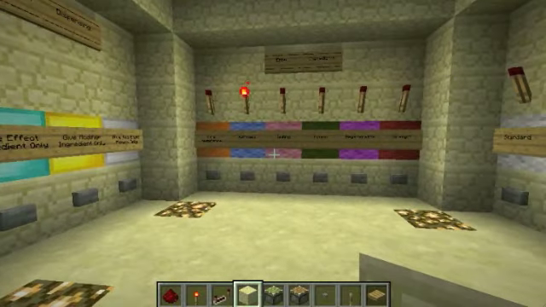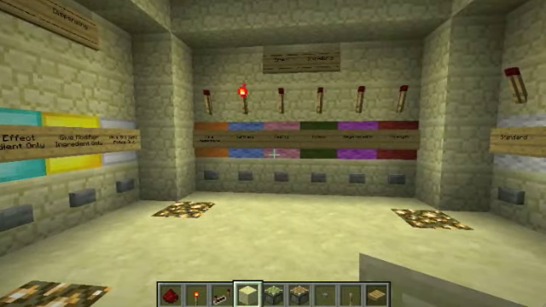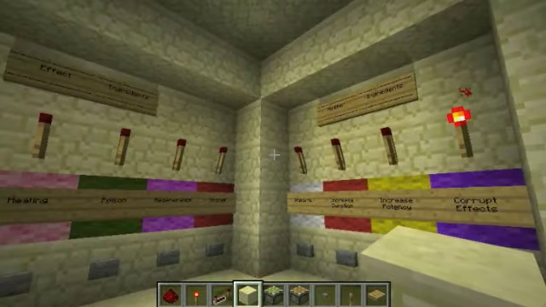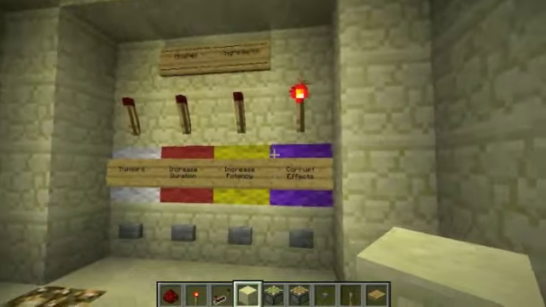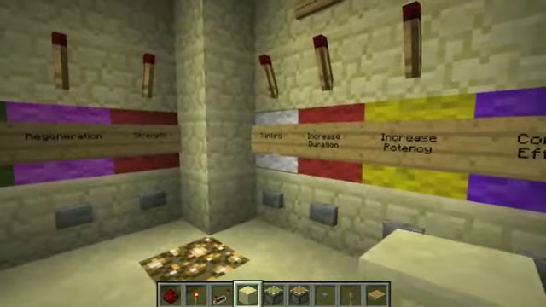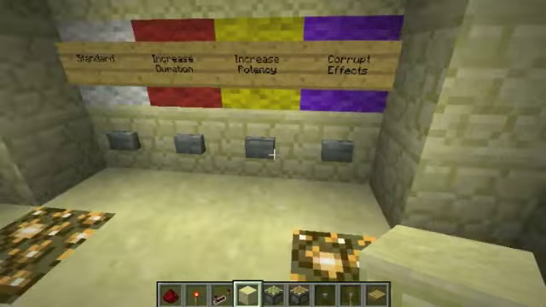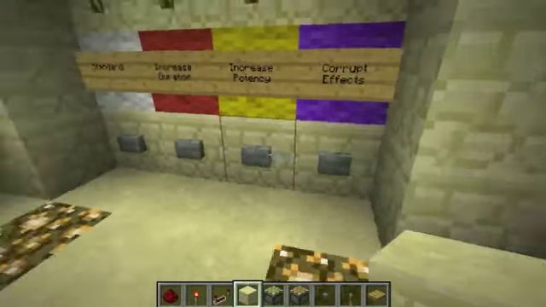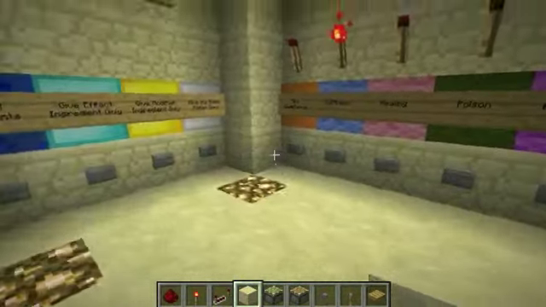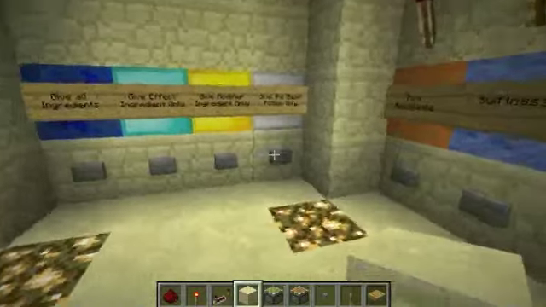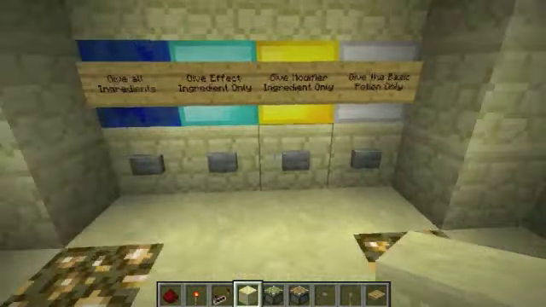Hey guys, I just finished making a potion room. This was originally made by Jigarbov, and it's basically two arrays of buttons, so this one and this one, and then these buttons tell you